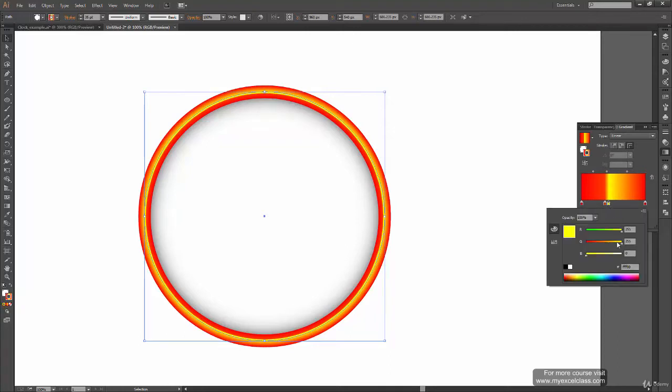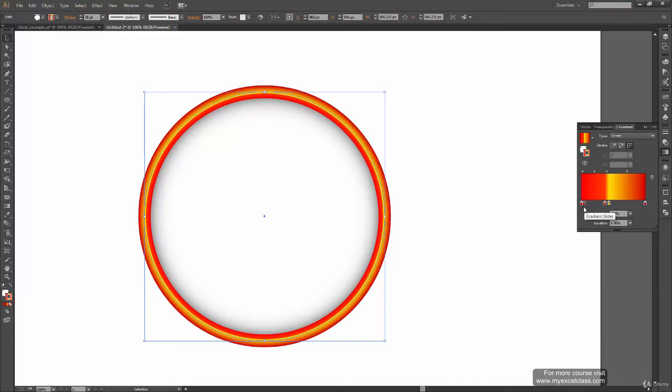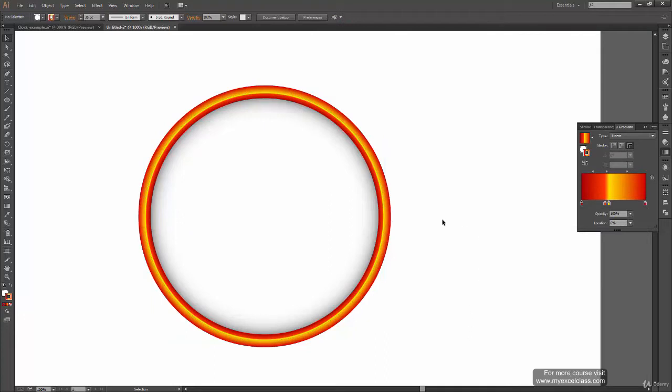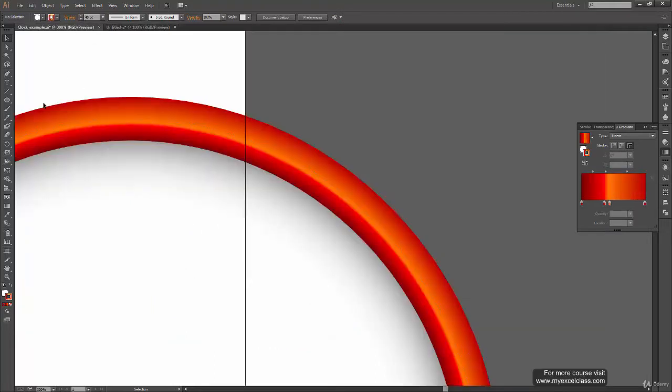So double click on this and decrease the value of yellow a bit, and then here red, let's decrease its brightness. Okay, and there we go. I think this looks almost like that one.